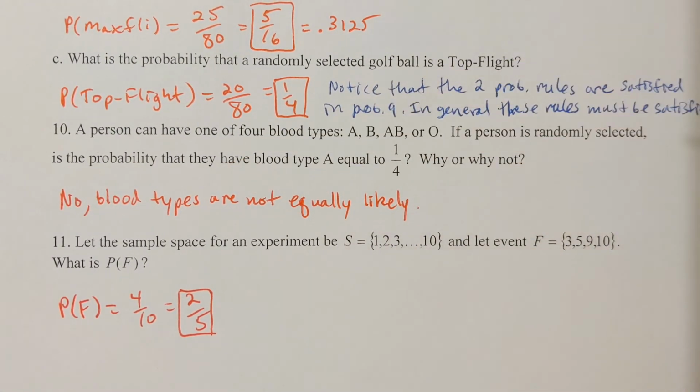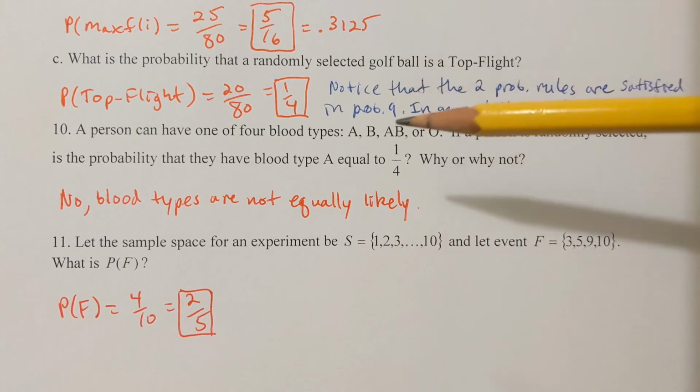Let's maybe do problem 10 and 11. A person can have one of 4 blood types, which are A, B, AB, or O. If a person is randomly selected, is the probability that they have blood type A equal to 1/4? Why or why not? No, because